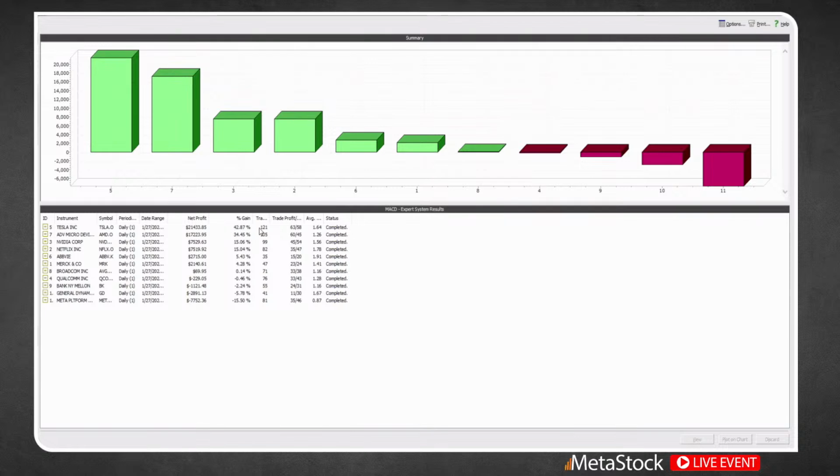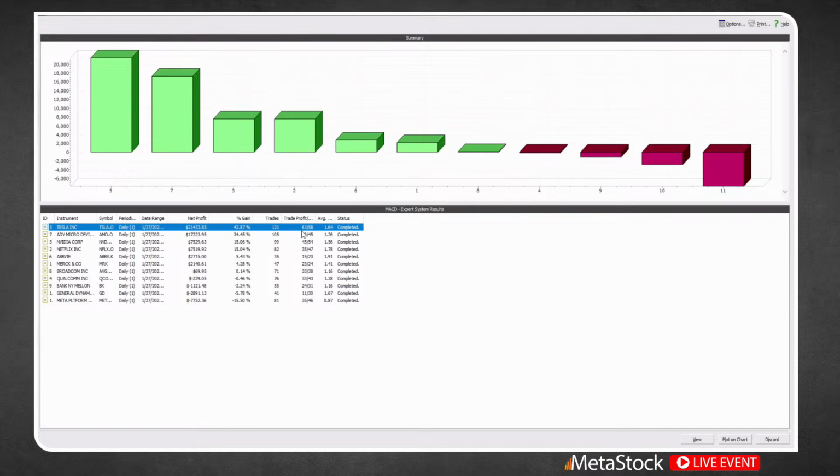That's huge. Remember, when we were testing this, we were only using 25% of the portfolio for every trade, meaning 75% of the money we have was just sitting there doing nothing, while the other quarter was doing everything. And it increased the portfolio by 42% over the 2 years. It had a total of 121 trades. 63 were profitable, 58 were not profitable, meaning our winners were huge compared to our losers. That's always good to know. The average profit was $1.64